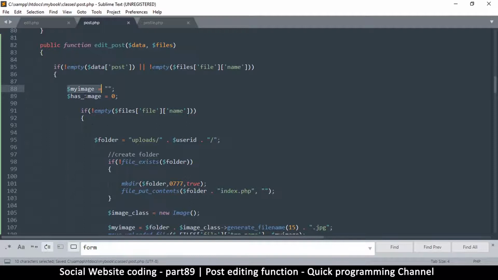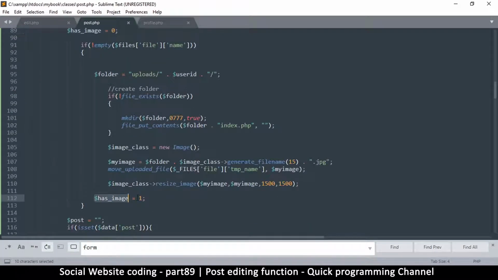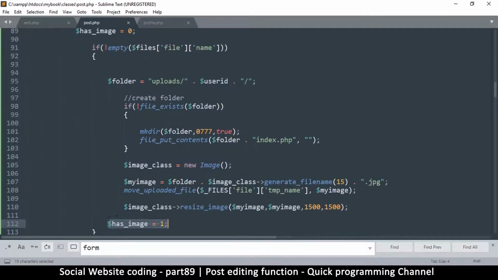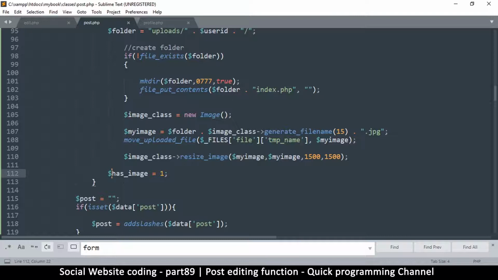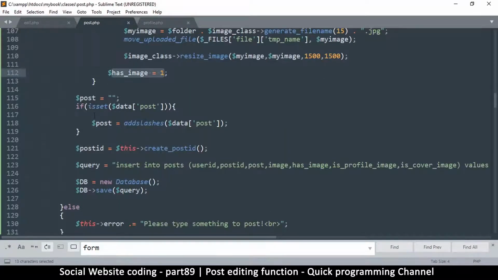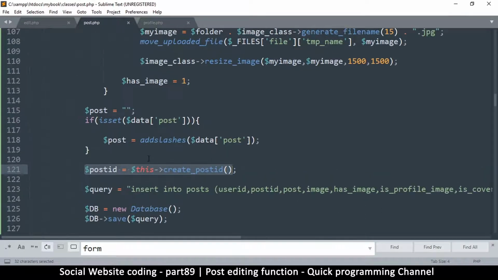We will need my image and we will need has image to confirm whether an image was added when it becomes 1. So if there's no image, it's 0. If there's an image, it's 1. All right, so this one is getting the post data itself, which is cool, which is fine. Now we don't need to create a post ID. We already have a post ID coming in from the post itself, so we're just going to grab it from there and we're going to say post